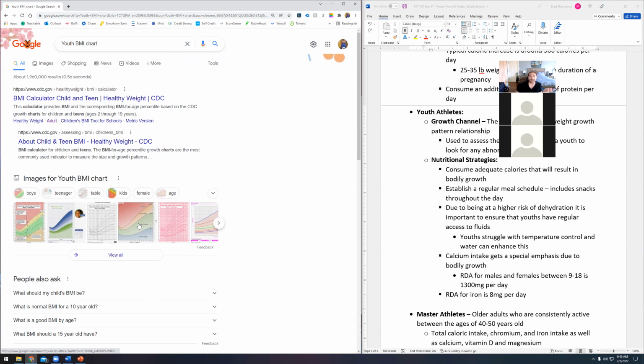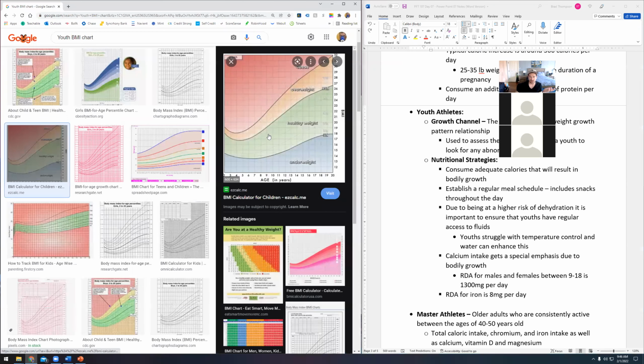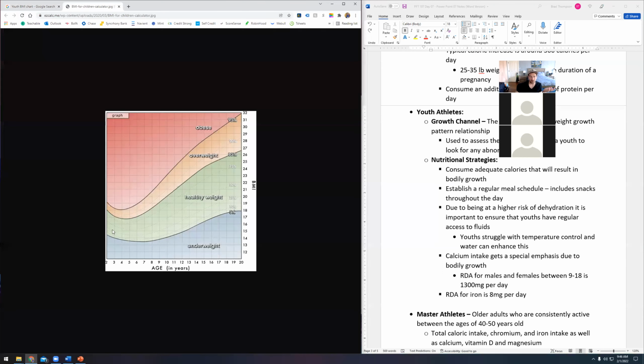So we have a sliding scale. Little kids will have a little bit of baby fat left, and then it drops down, and then it continues to rise as they get older and approach adulthood, right? So we're looking at a 2-year-old, and then it drops down, but then eventually starts to go up at a very normal, almost linear rate, not quite linear, but somewhat. And what we're going to look at is where they fall in the overall percentile of age to height.